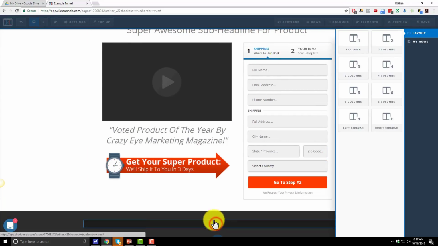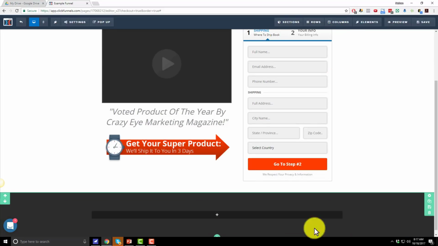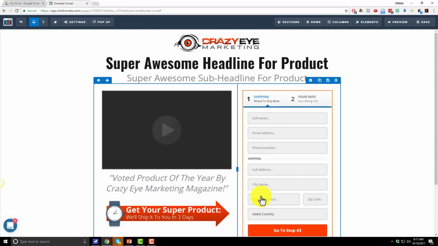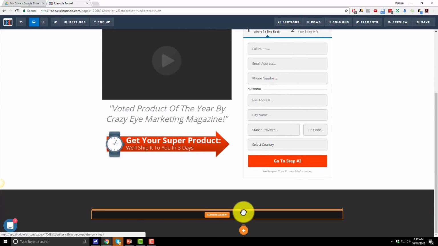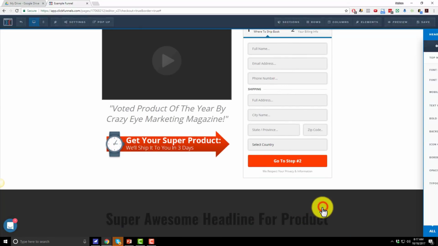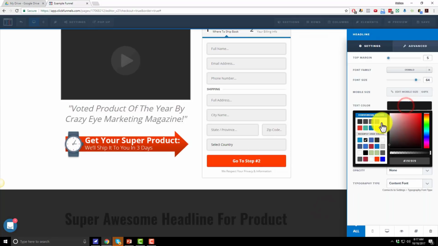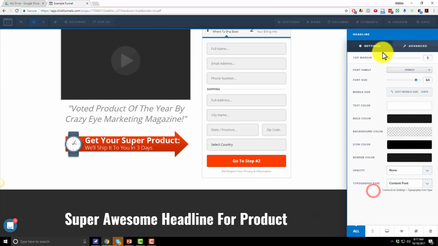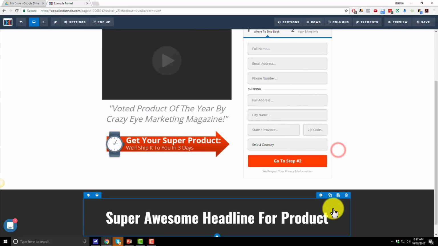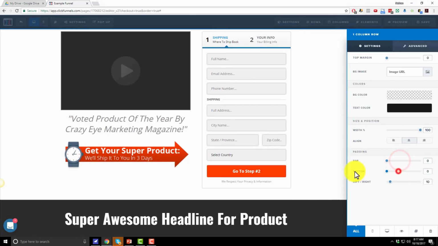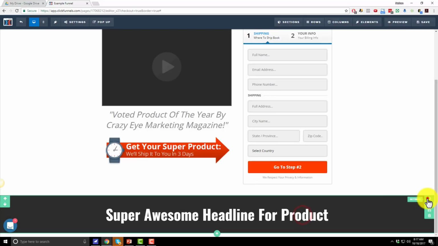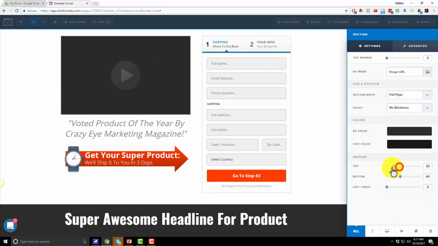So then I'll add a new row. We'll go 1-column row, and then I want to add a headline in here. So I'm just going to come up here and clone my one headline and drag it on in here, drop it. I'm going to change it to white, so do that real quick. White, change the padding of my column, change the padding of my section,